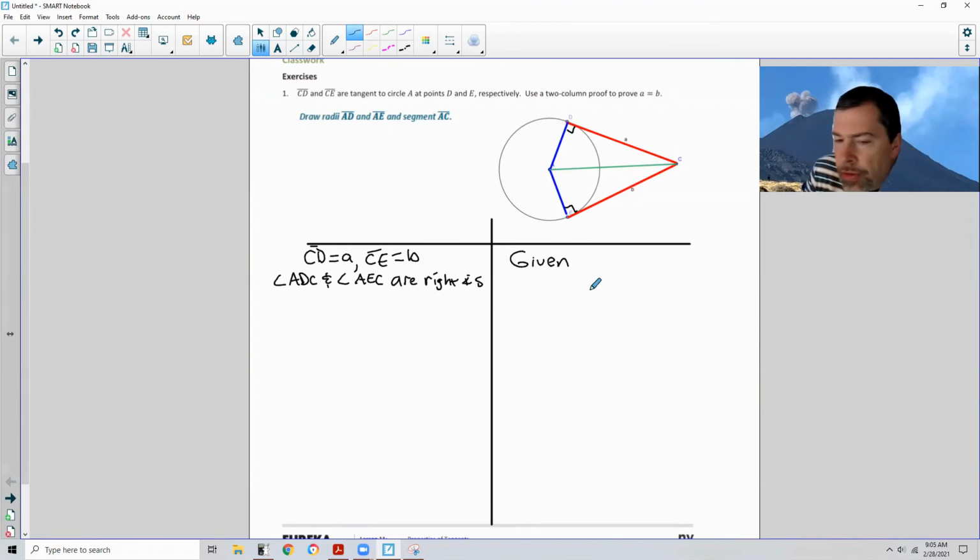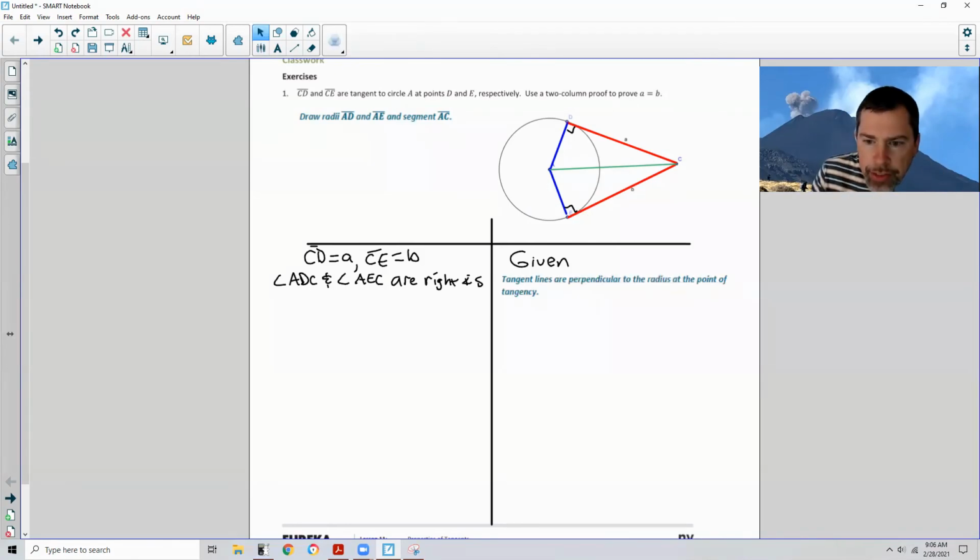And then what we say here is tangent lines are perpendicular to the radius at the point of tangency. And rather than me trying to write that, I'm just going to paste it in here. Okay, so tangent lines are perpendicular to the radius at the point of tangency. The point where they touch is called the point of tangency. Okay, and then what we're going to say is, now we have 2 triangles, triangle ADC and triangle AEC are right